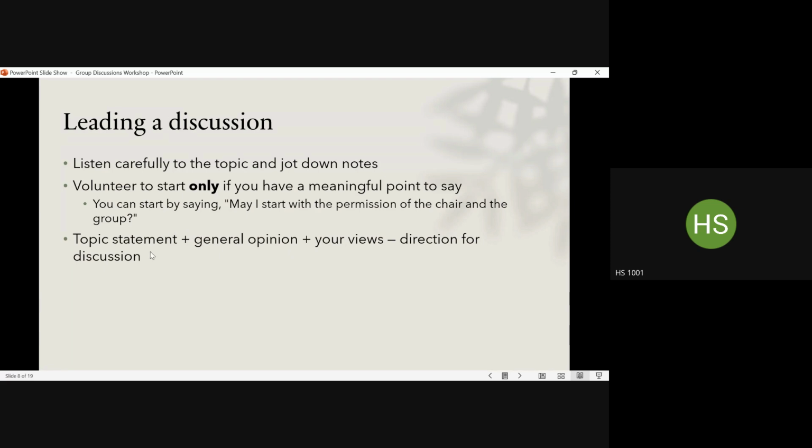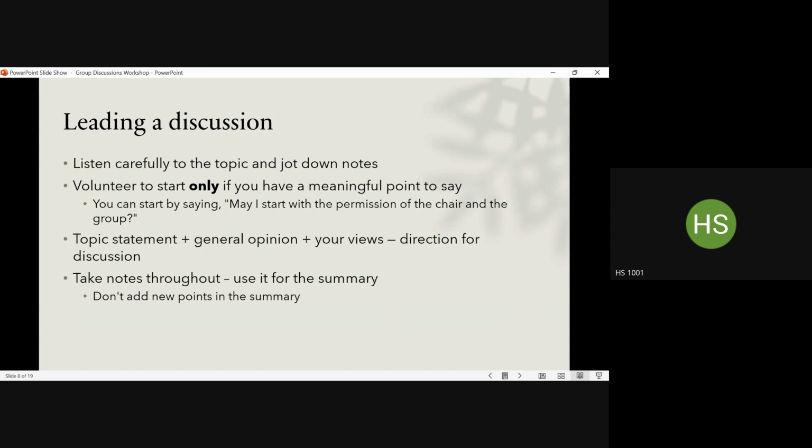You can state the topic and give the general opinion and set the direction for further discussion by saying, I look forward to hearing more on this from my team. Immediately you're opening a door. Until then, it was just the panel speaking. Now you're opening a door and inviting others to bring forth their arguments, their points of view. This is the most important role that a leader performs in a group discussion. So if you are going to lead, you should be willing to open this door for others.